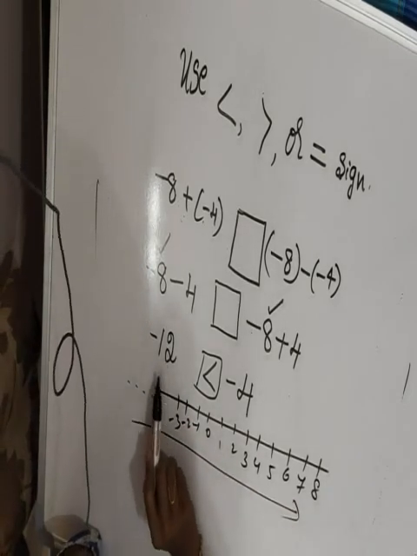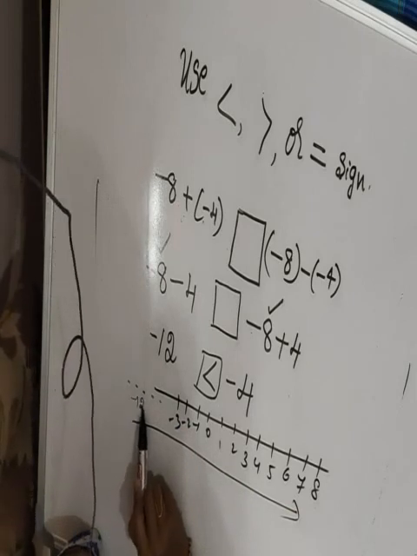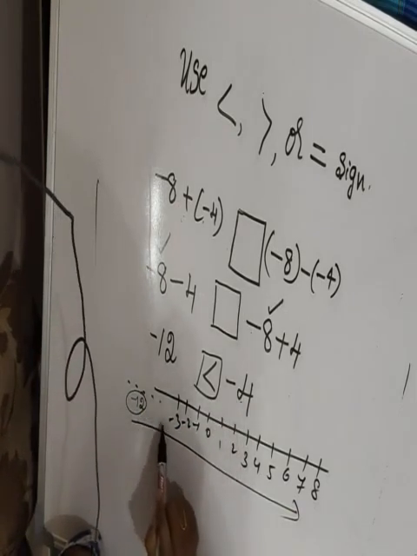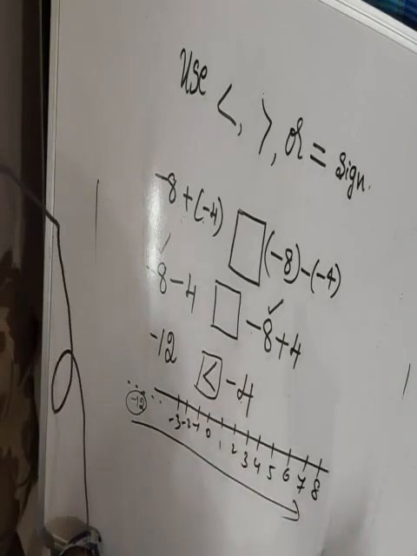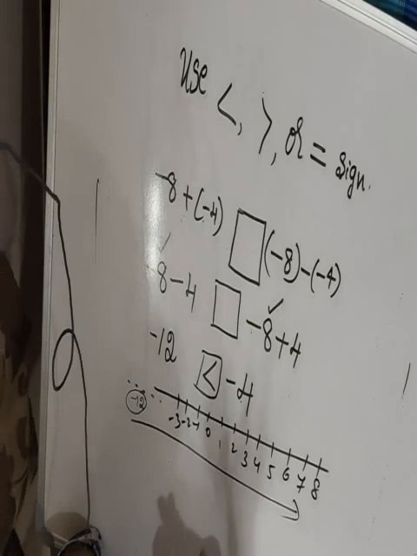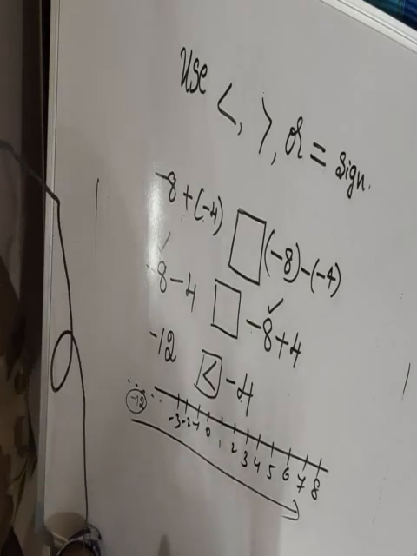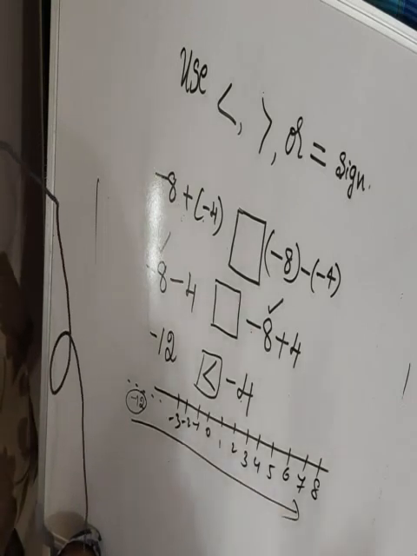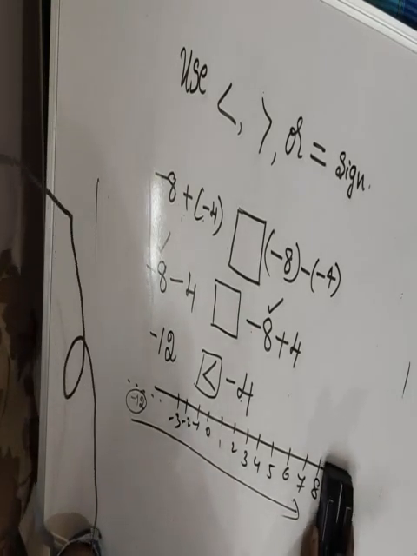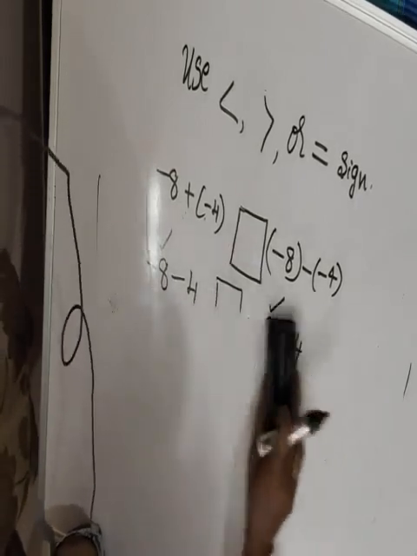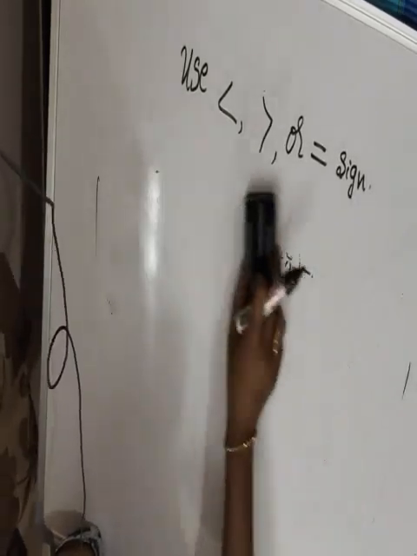So which one comes first? First coming is minus 12. So automatically it is smaller than minus 4 because minus 4 is coming on the right side. So always remember, when both the numbers are positive, the greater number is the greater one. But when both the numbers are negative, the smaller number is the greater one. That you must know. I think you know already. I just revised, that's all. Okay, next one more problem I will solve.